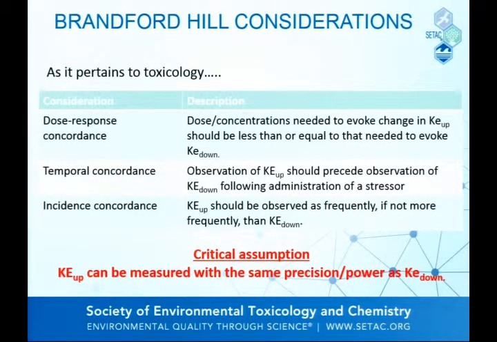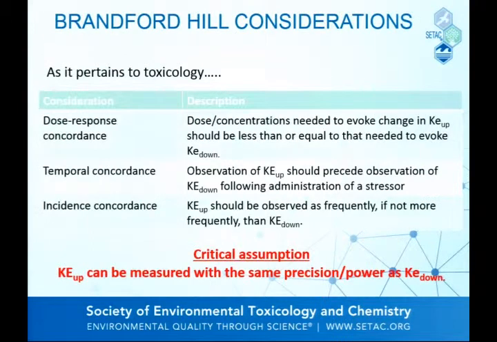So if we expose a population of organisms, we're looking at, do we see some observable change in their histology? Do we see tumor formation, for example? The upstream key events earlier in that progression toward tumor formation, we should see those with greater frequency in the population than we see that final outcome. Because again, even though we've impacted that key event, it might not be sufficient to drive it all the way to the end in an individual.